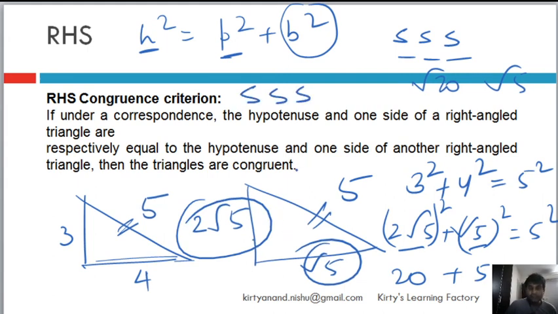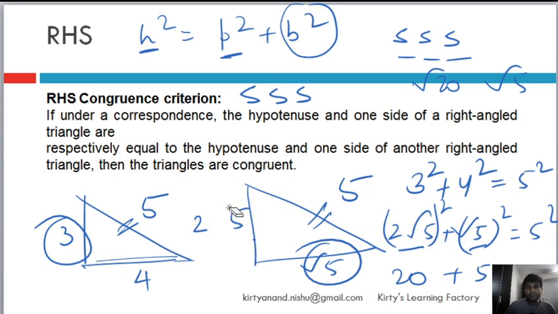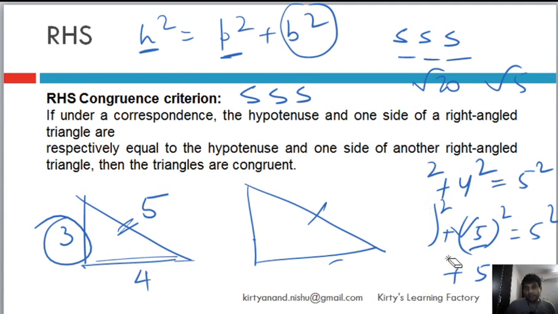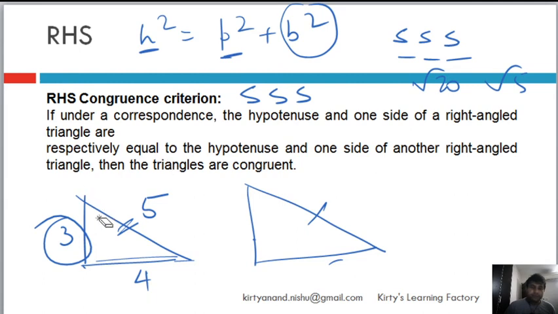No, we are not, and therefore it is essential that along with the hypotenuse, one of the sides has to be equal. Then only it will become a right angle hypotenuse side congruence. That's what it is called. Okay,